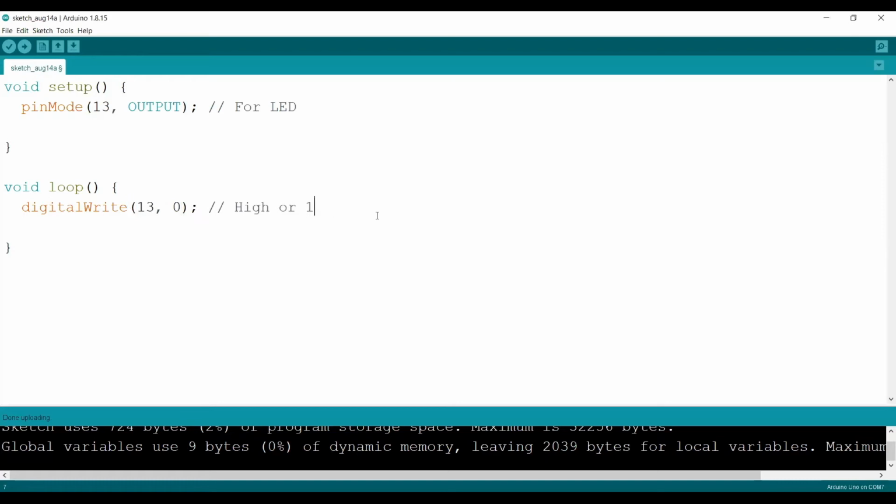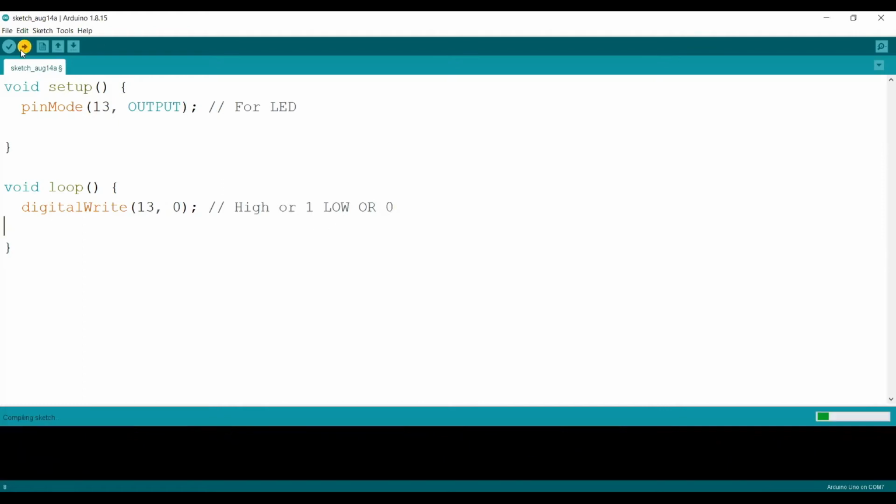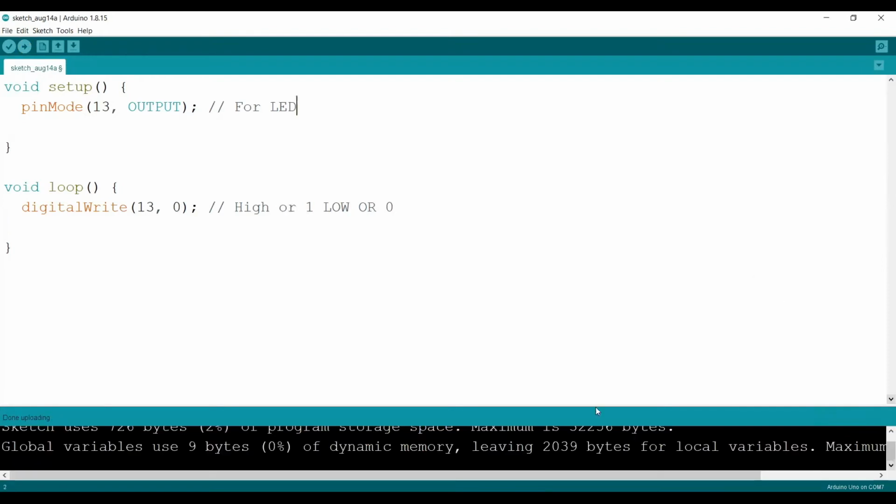Earlier I told you that you can write either LOW or 0. So I will write 0 this time. Let's test this also. So I will upload the code. My code has been uploaded and now you can observe that this LED has been turned off. So this is the basic code to turn on and turn off the LED.